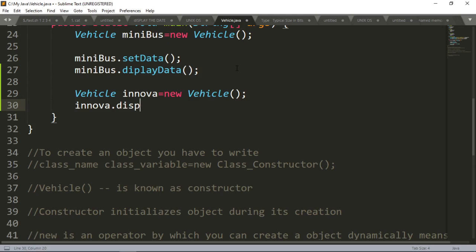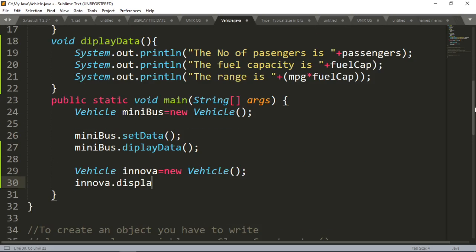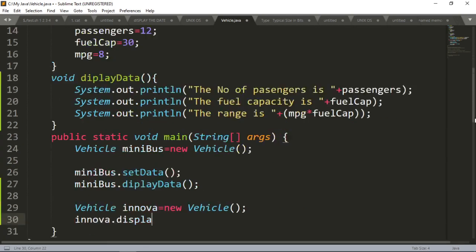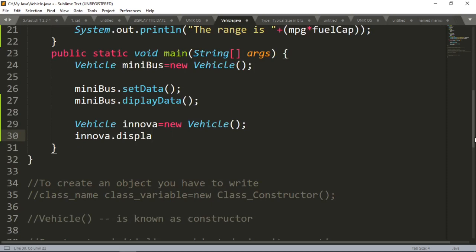I do not need to set the data, because at the time of object creation I am initializing those three variables for the object. What I was doing in set data till now, I will do with the help of the constructor. So for that reason, I'm not writing innova.setData. I'm just writing display data, and give a semicolon.